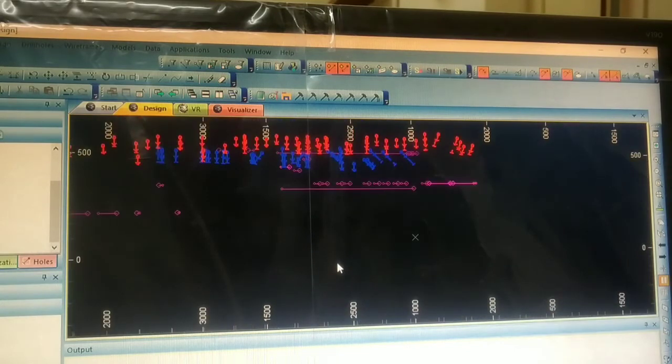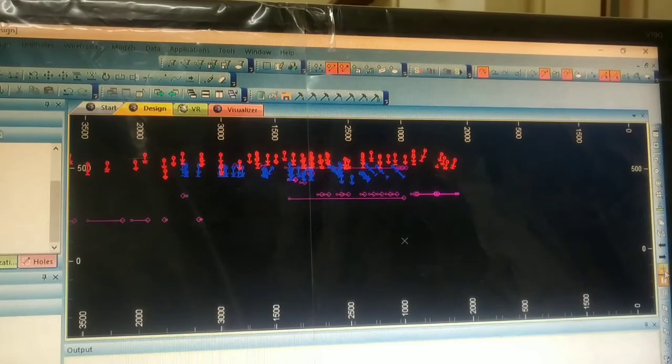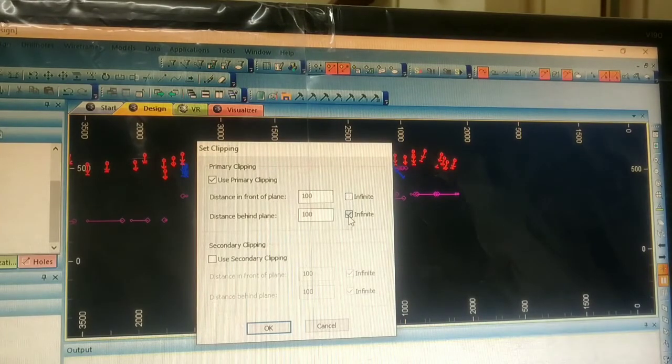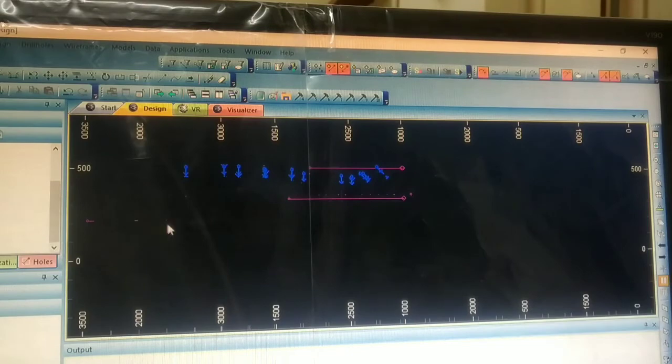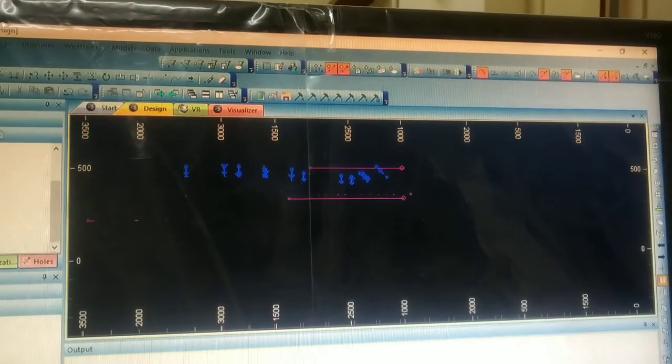The cross sectional view is showing. Go to the clip limit 100 by 100. OK. Third sectional view, command SVI. Type SVI on the keyboard. OK. The third section is saved in the view definition file.